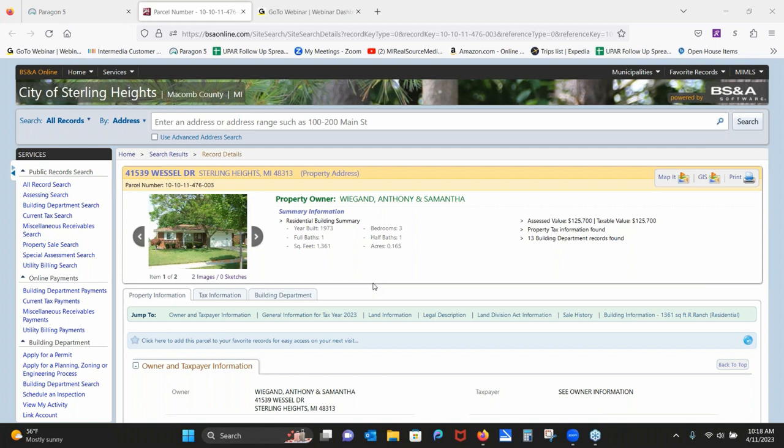I recently listed a home in Warren over here, and it had a $700 outstanding water bill. And as you know, water is attached to property. That means it has to actually be paid up before that new owner takes possession. So seeing all of that information right in the municipality record is so important, as well as unpaid property